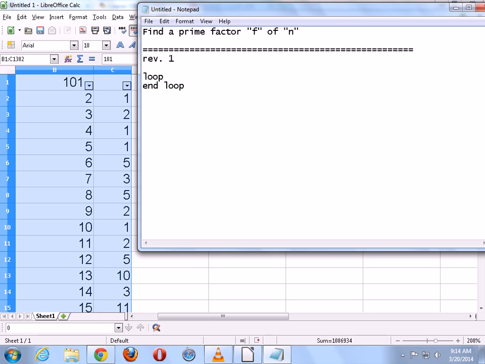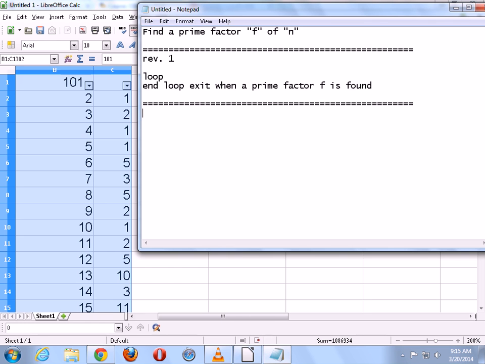Maybe we can just look at the exit condition here and say loop exit when. When do you think we should exit? Don't worry about using the mod operator and all kinds of stuff like that. Just focus on the objective of the algorithm. When do we get out of this particular loop? When the remainder is 0. When the remainder is 0? But more importantly, if you connect back to the objective of the algorithm, when do we get out of the algorithm? When we find a prime factor. Very good. Okay, so we'll just do that: when a prime factor f is found. And that's it.